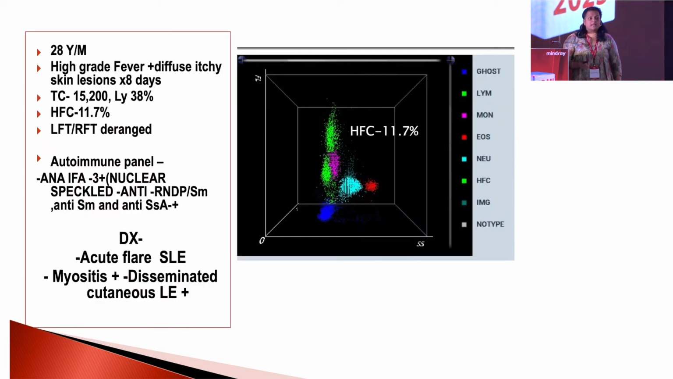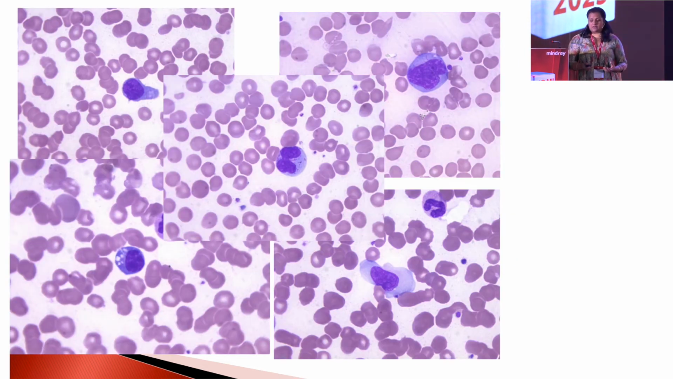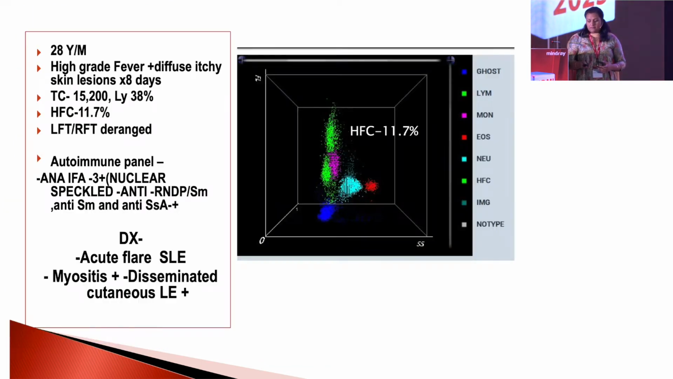So I am just highlighting this case. It was a young male, a 28-year-old male patient, and we got the CBC. It was showing mild thrombocytopenia, but there were a lot of reactive lymphocytes. This is the spectrum of lymphocyte morphology seen in this case. It was all over the place. And when we looked into the scattergram, it was showing the typical figure of 8 appearance